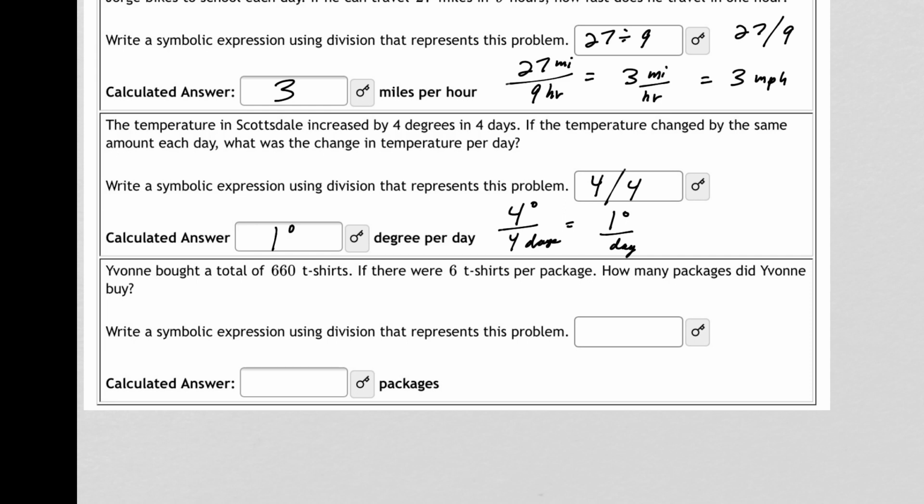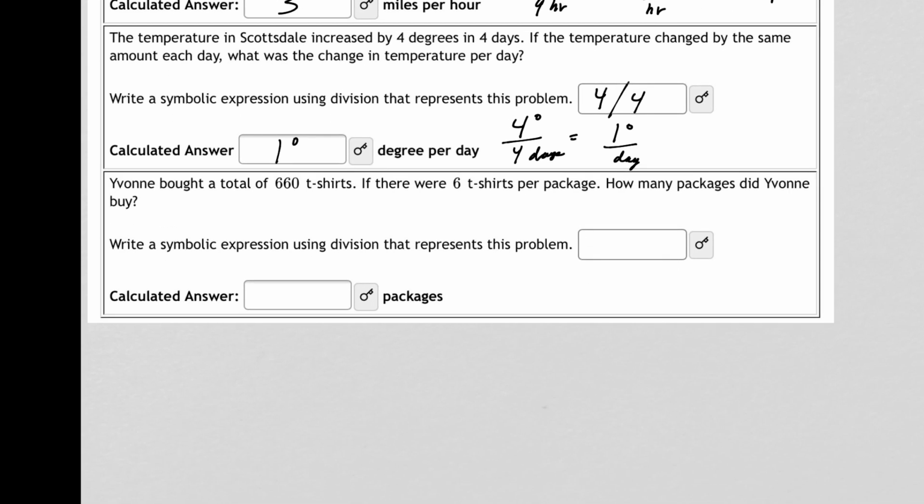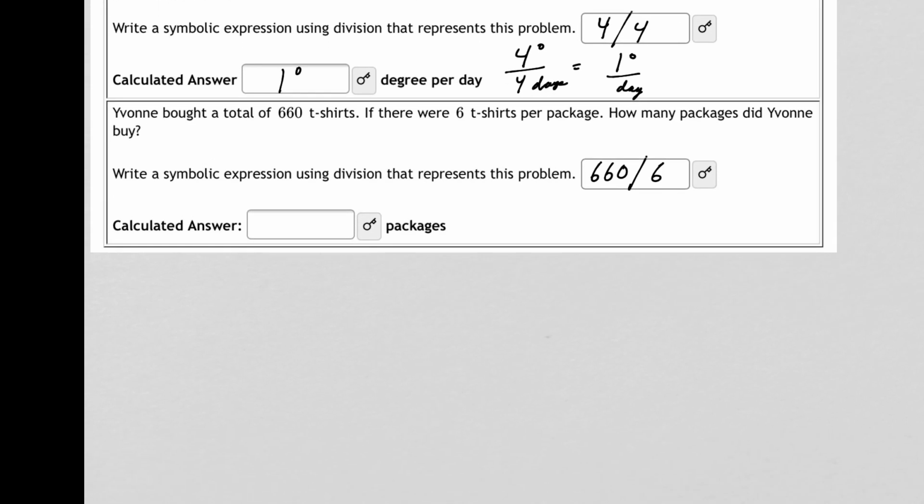Okay, and then the last question says Yvonne bought a total of 660 t-shirts. If there were 6 t-shirts per package, how many packages did Yvonne buy? Okay, so again, if I divide, right, if I take the total number of t-shirts, 660, and divide it by the number of t-shirts per package, that's going to give me exactly how many packages there are, okay? This also works out in units, although we haven't really talked about dividing fractions yet, but let me just write this out. So if I have 660